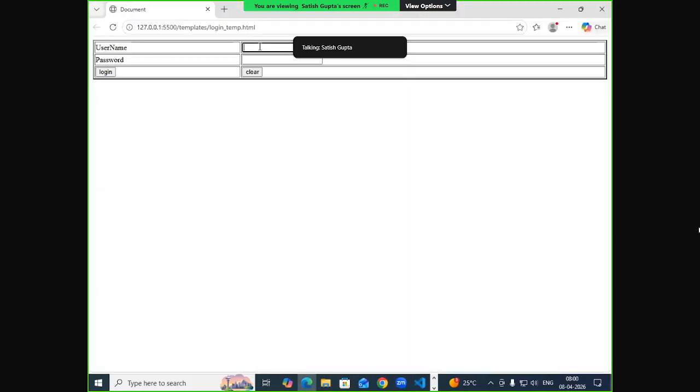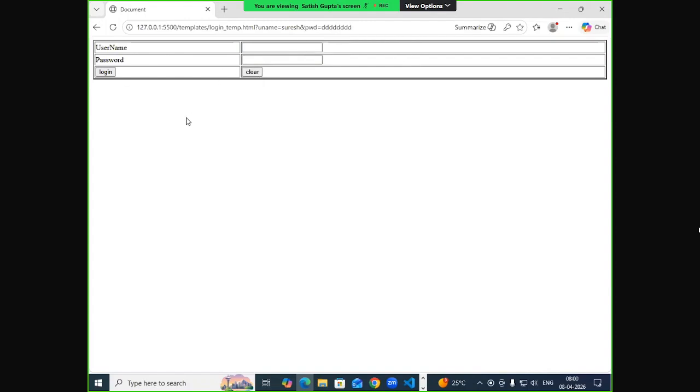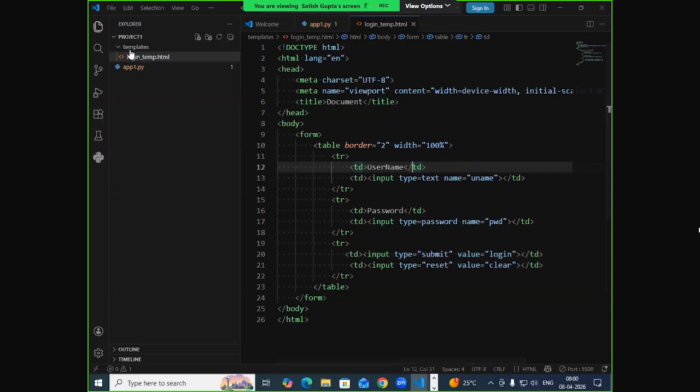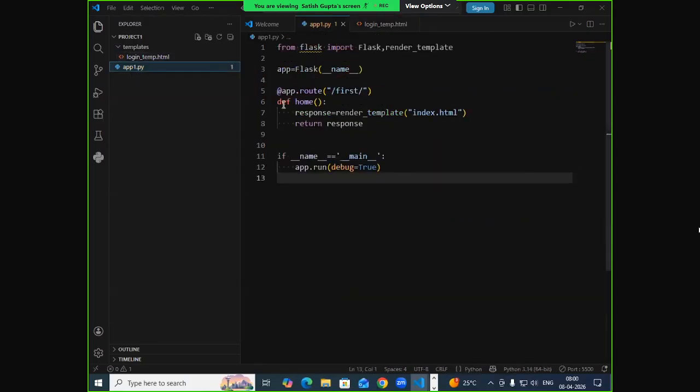Here you input username and input password, then click on login. Once you click on login, this form is submitted to the backend. And what is your backend? It is the Flask application. Now this is your application, and this application has